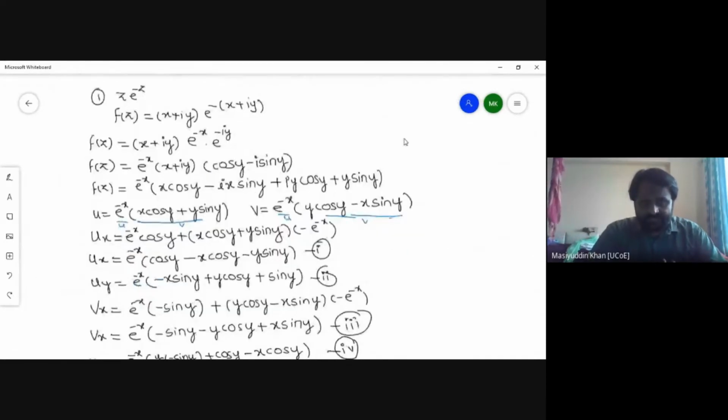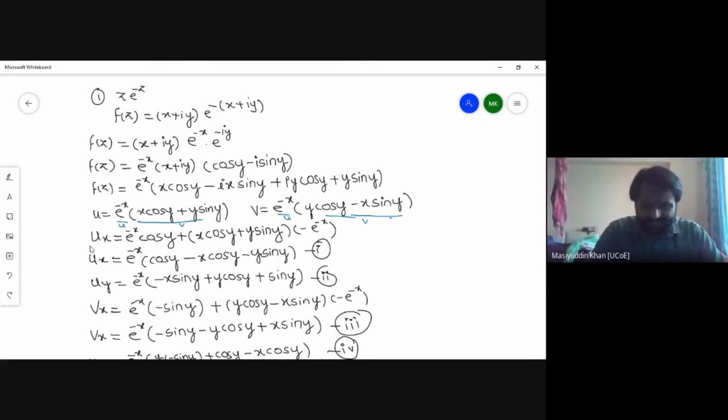Now see, the first question was we have to prove the function is analytic. The function must be analytic. You have to separate the function. The value of z is x plus iy. The value of f of z is u plus iv. You just simplify, apply the same formulas here, and e raised to i theta will be cos theta plus i sin theta. According to that, you get the values u and v.